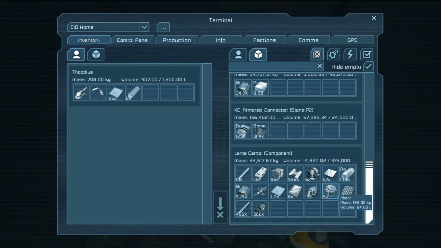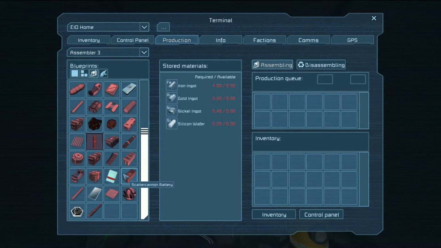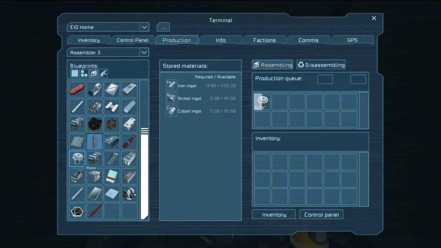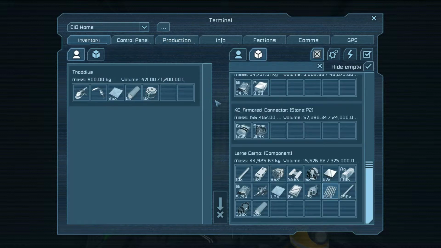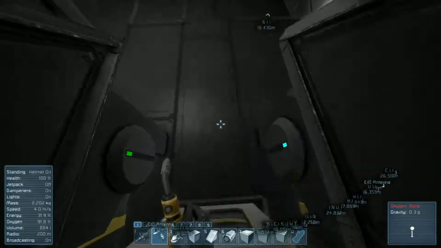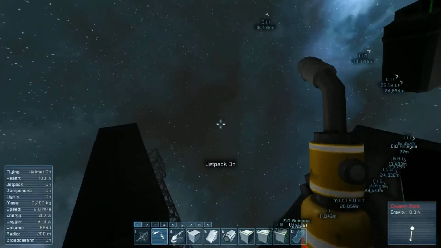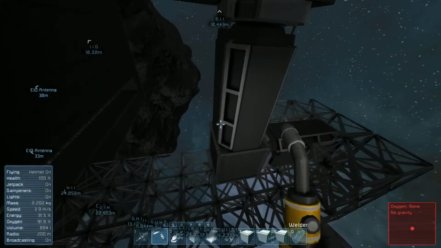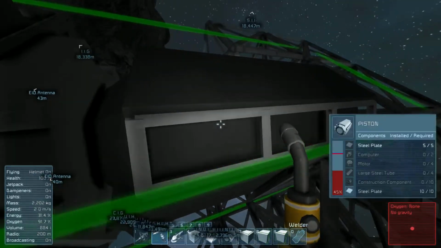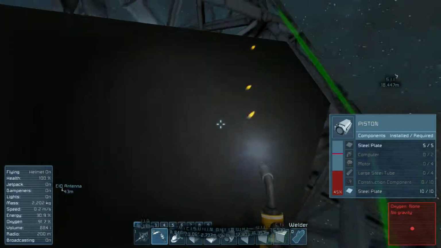Let's see, I will need some motors. Oh, we're going to need to make some more of those too. This assembler here, go ahead and make 100 motors. Hopefully we've got enough resources for that. I'll need some computers, some construction components, probably some small steel tubes as well. So let's go ahead and go out here and see if we've got enough of what we need. Oh, I forgot computers, but...